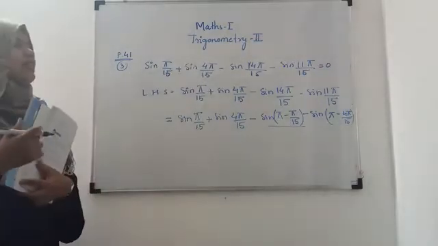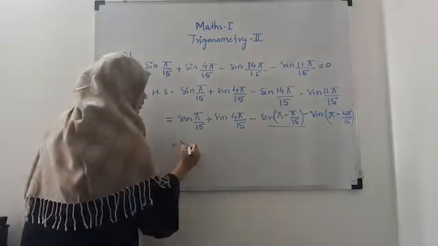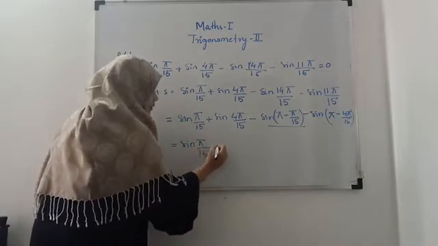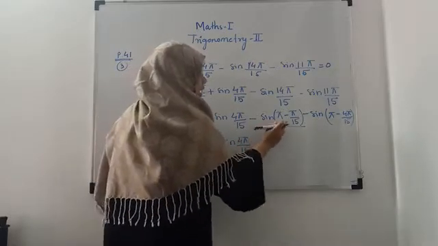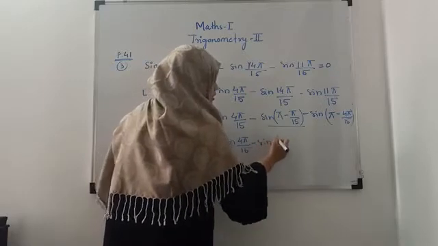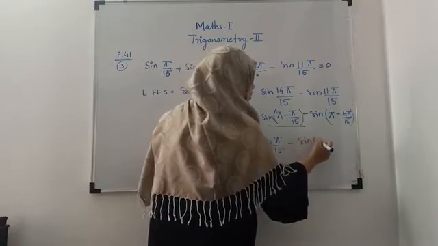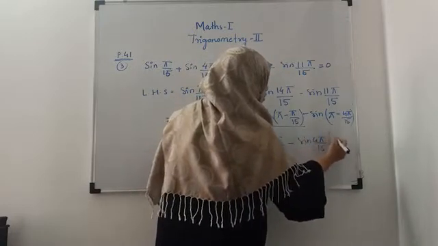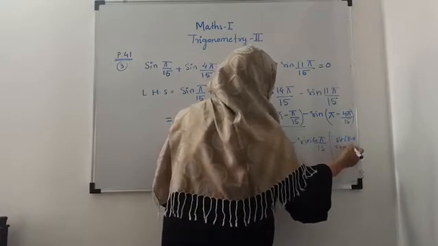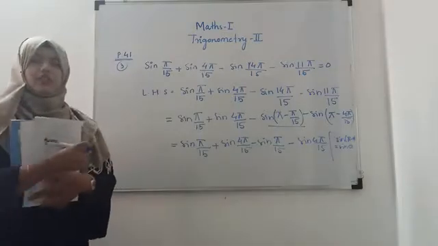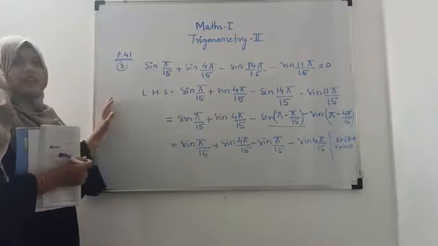Now we will use the formula for the allied angle: sin of pi minus theta is sin theta only. So the first terms as they are, and now sin pi minus theta is sin theta, so this is sin pi upon 15, and here also the same, sin 4 pi upon 15. We are using sin pi minus theta equals sin theta. You should give a reason. Whatever you are using in your calculation, you should mention that reason in the margin.